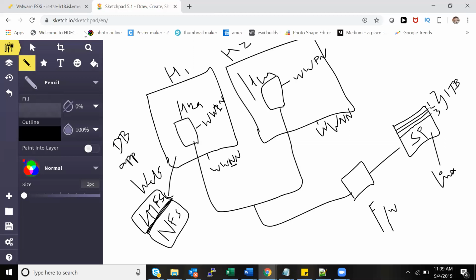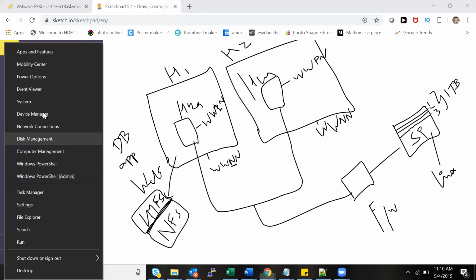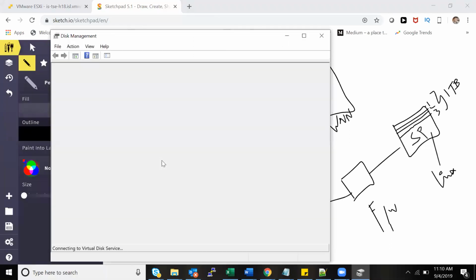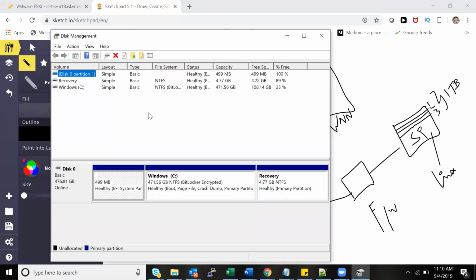But if I am not having VMware, just from my understanding, if I have a Windows machine and I am presenting a LUN to the system, I don't think I have to create anything like that. For example, if it is Windows and I present a LUN, it shows as a drive to me. You'll come to Disk Management if it's Windows.